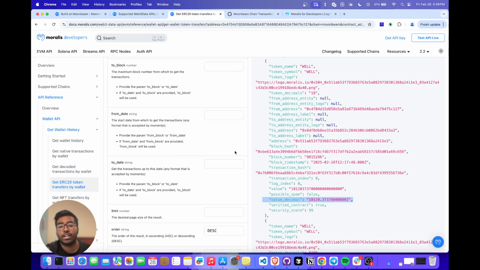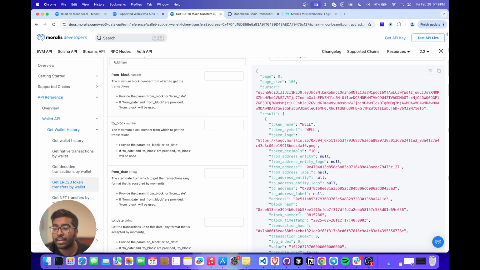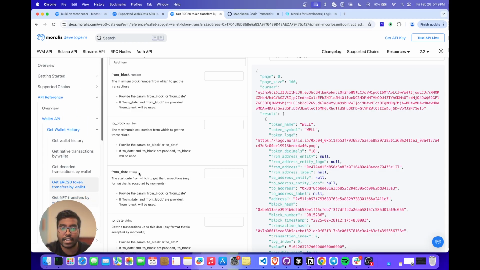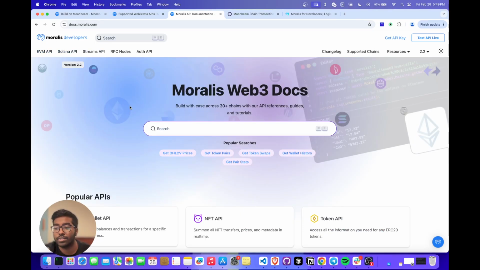So that's how you can use this ERC20 token transfers by wallet endpoint in order to get all of the ERC20 token transfers. So now we can basically head over to our RPC nodes. So I'm going to show you how you can actually create an RPC node for Moonbeam and how you can actually, let's say, use this RPC nodes to query certain things. So let's basically head over to